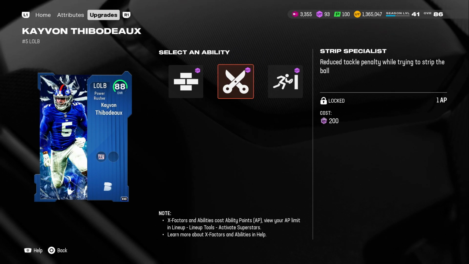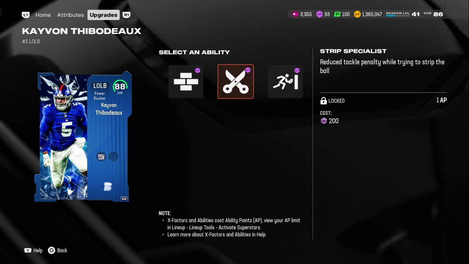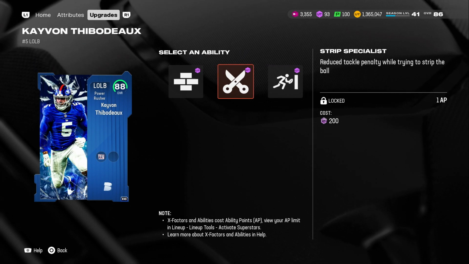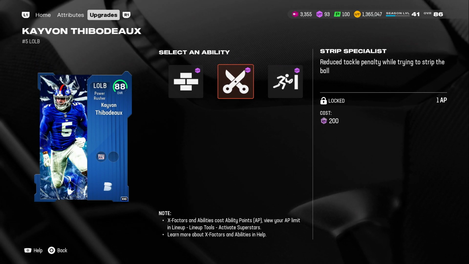But these are the top abilities that you guys need to add to your field if you guys want some extra stops. If you guys are using anything specific, let me know down in the comment section how it works for you guys, because other than dropping interceptions or getting D-line pressure or just getting turnovers in general,